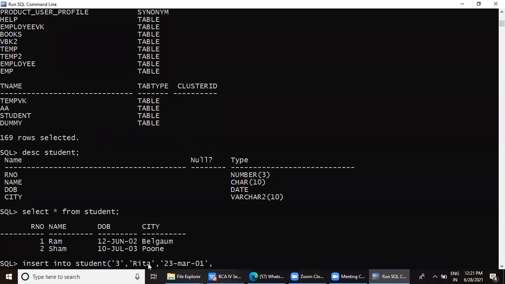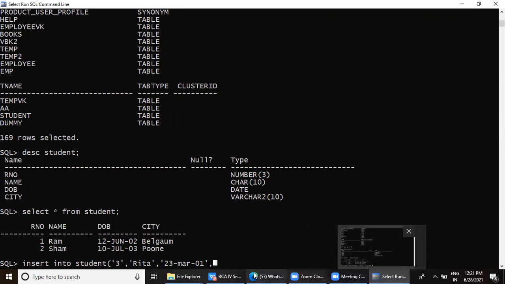The final value we have is city. Remember, always before inserting values into your table, it is better you see the sequence of the fields. So here you know that first we have roll number, then name, then date of birth, and then city. So you have to insert the values in the same sequence. Many times students enter wrong values, and then they have to delete those records and re-enter.